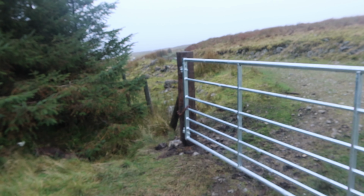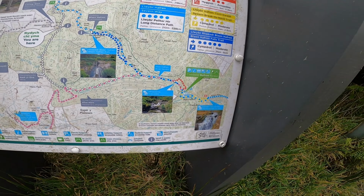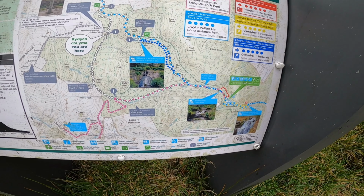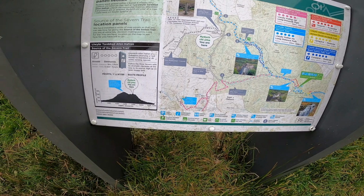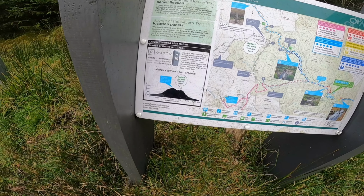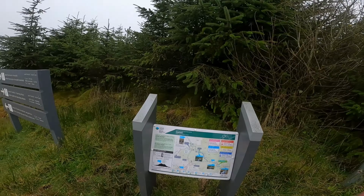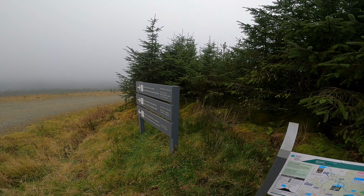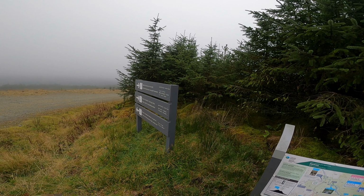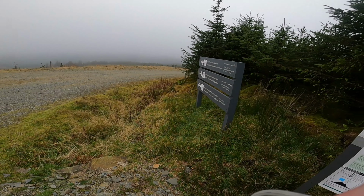An old railway sleeper gate post there. There I am. That's where I'm going. River Severn. The waterfalls, cascades, etc. Location panels. That's the climb I've got to do from where I am up to the River Severn. I've just seen a couple and the dog go up Plinlimmon direction. It says it's 1.25 miles and an hour to Plinlimmon summit, so each way, and then it says source of the Severn Trail continues